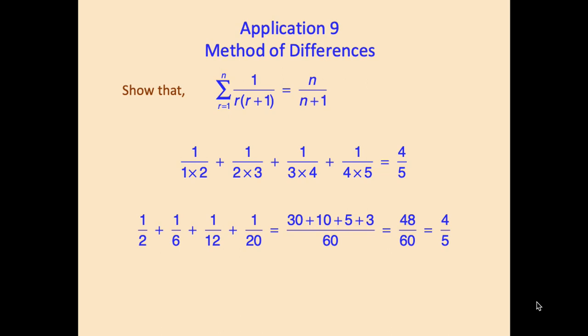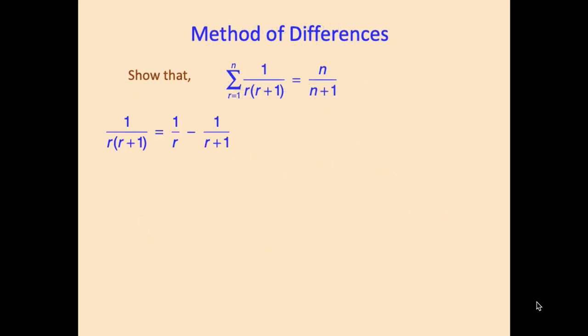Well, to show it algebraically, the first step is to separate out this fraction 1 over r times r plus 1 using partial fractions. The result of which is 1 over r minus 1 over r plus 1. So each term can be expressed as that. So we can write down the terms in